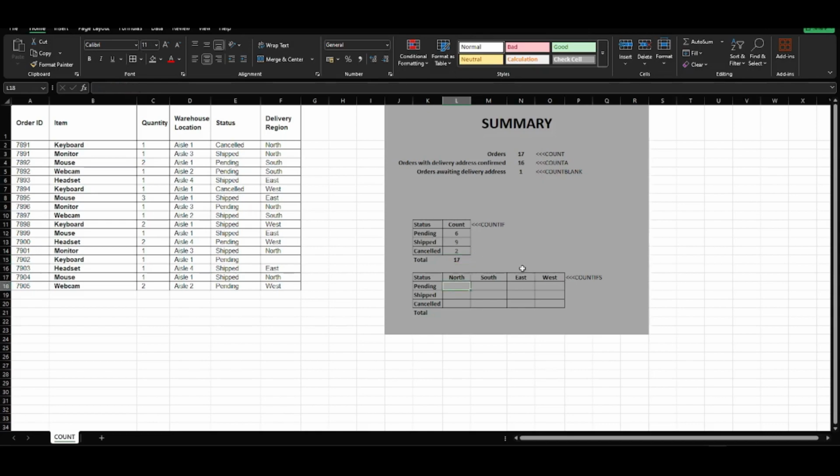And finally, we're going to be looking at COUNTIFs. COUNTIFs is just a way for us to add further ranges and criteria into what we want to count. So in this case, we're going to be looking at the number of orders that are pending within north, south, east, and west, shipped within north, south, and cancelled, and total them all up. So let's get started. So equals COUNTIFS